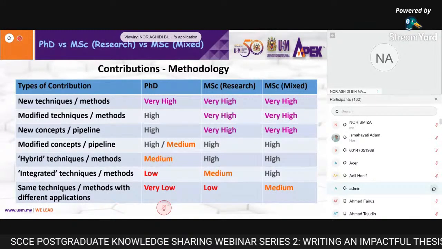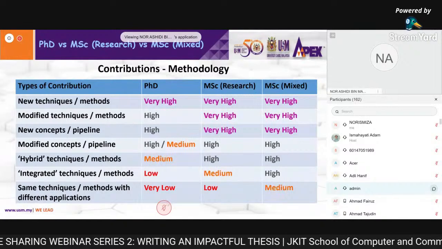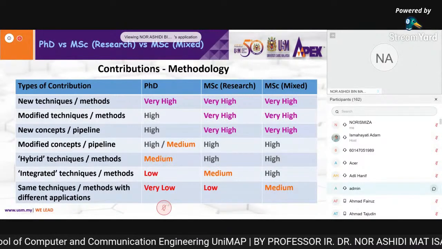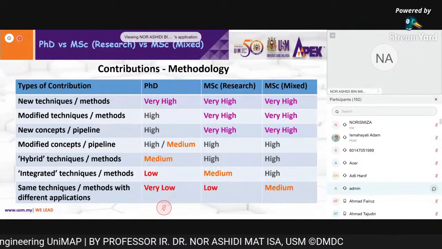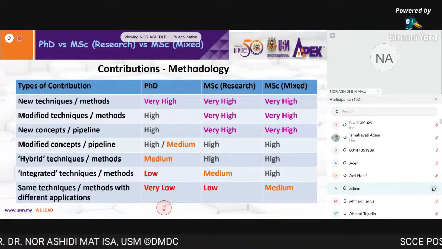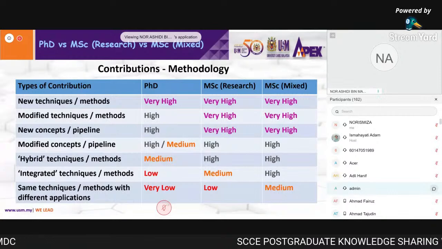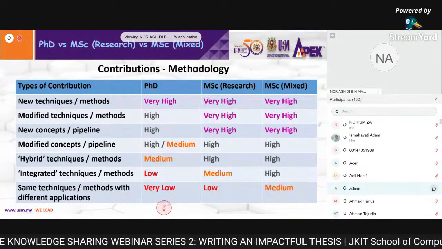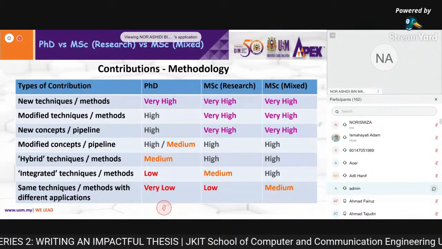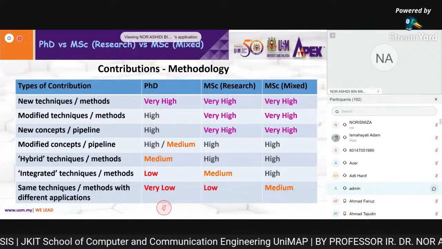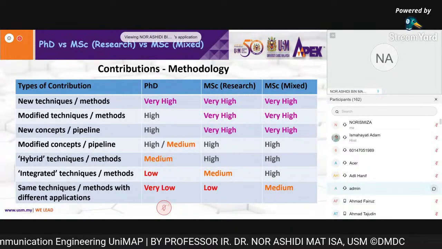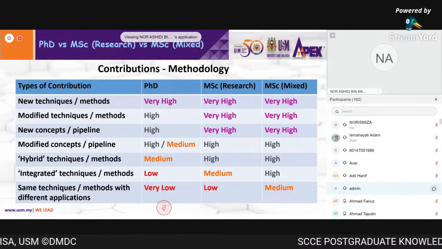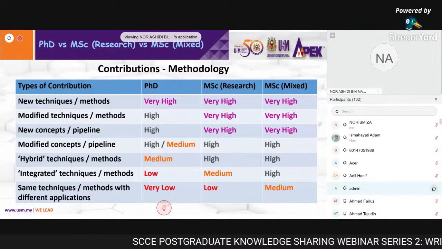As a PhD student, when you want to modify something, when you want to introduce a new idea, or introduce or modify versions of techniques and methods, there is one skill that you need to have, which is you need to prove it theoretically in the methodology chapter. Why you introduce that technique, why you introduce that equation, why you introduce that stage, why you remove that stage, theoretically why. It must be clearly explained in your methodology section before you prove it by using certain analysis in your chapter 4, which is results and discussion.